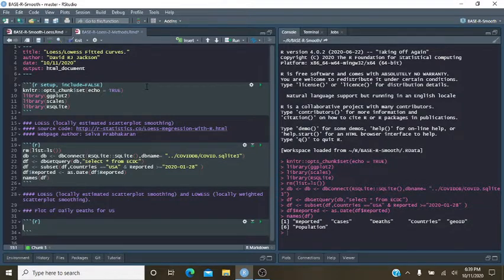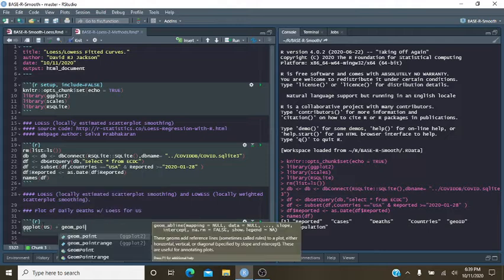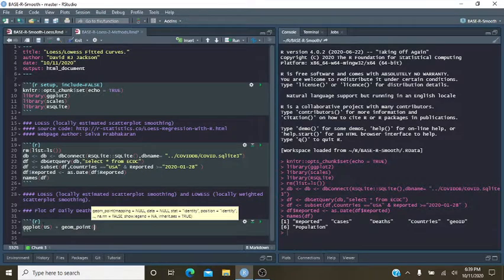Plot daily deaths with Loess. Okay. This is going to be embarrassingly simple here, but that's quite all right. US. I'm also going to include